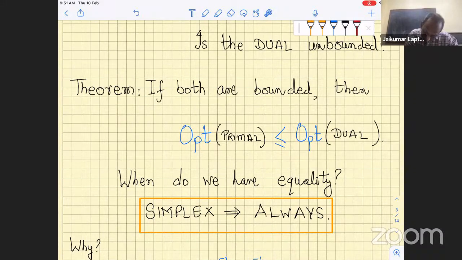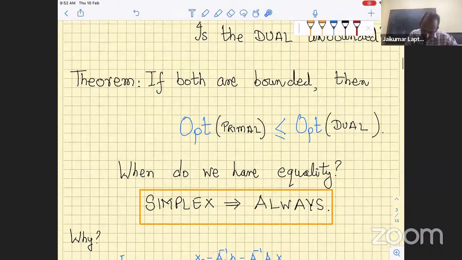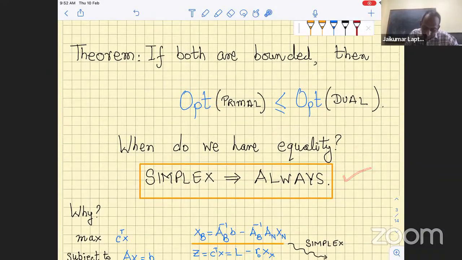Now we can ask, when does this equality hold? Suppose both of them are bounded. When does this equality hold? And the amazing theorem is that this equality always holds. So for every linear program with a bounded optimum, if an optimum of the primal exists, then the optimum of the dual will exist, because